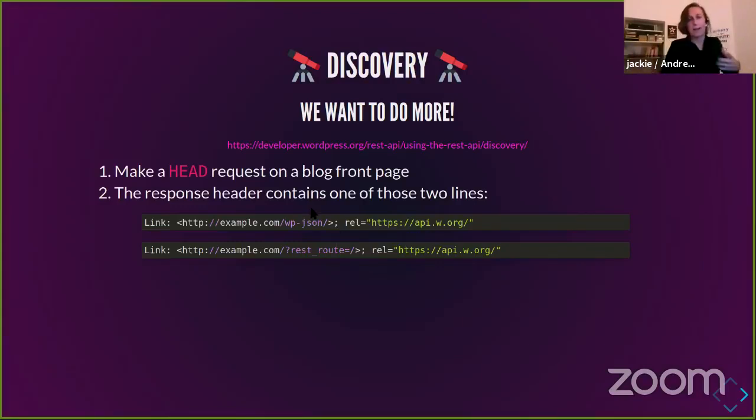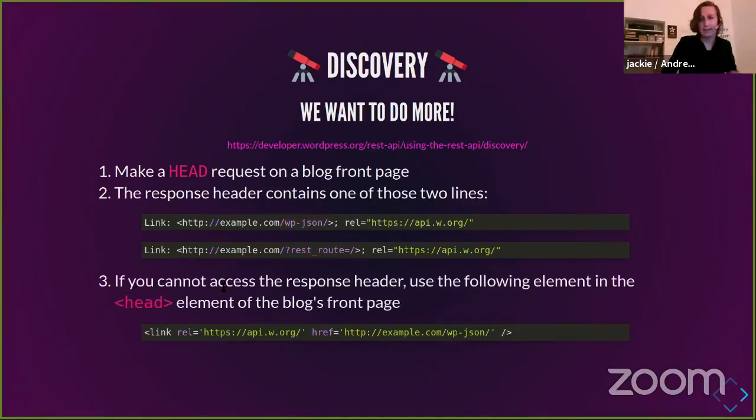So if you create a client, when you initialize the client, you should always do a HEAD request first. So you make sure you know the root API, and all endpoints of the API are then below this root API endpoint or URI.